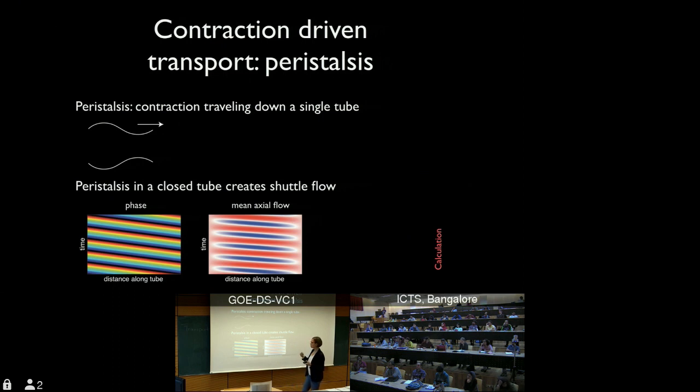But I worked on looking into these physical mechanisms of how these flows are generated, asking myself, what are these flows good for? Now if I look at the flows in this single tube, it's a little bizarre, right? Because basically what it means, if I start here in the center and I'm a small particle, the flow will take me to the left in half a period, and then it will take me just back to where I started half a period later, because it's a shuttle flow. So basically this flow doesn't seem to be good for anything, because you might travel quite a distance, but you're back 50 seconds later. So it might not seem a very smart idea to put in so much energy in constructing your actomyosin networks